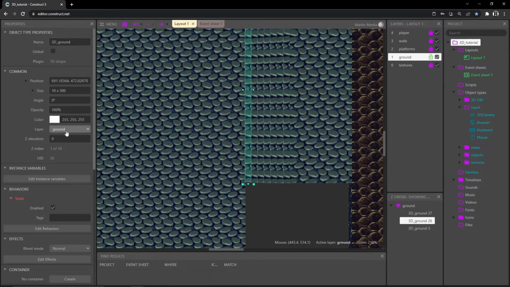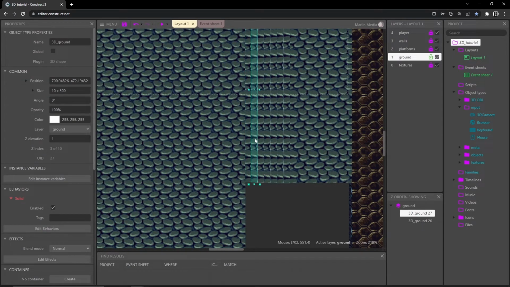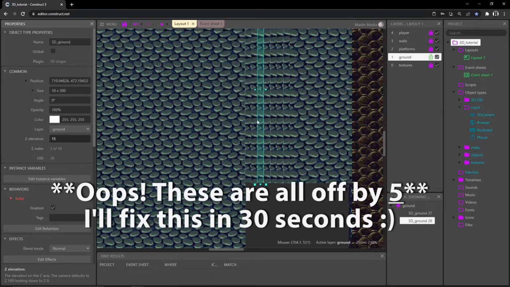So if this one is sitting at a Z elevation of 0 and it has a Z height of 5, then I want this next one to be at an elevation of 5 to meet the top of that first stair. So that means if this is 0, this is 5, and we keep adding. So our third one is going to be 15. The fourth one will be 20. Next will be 25,